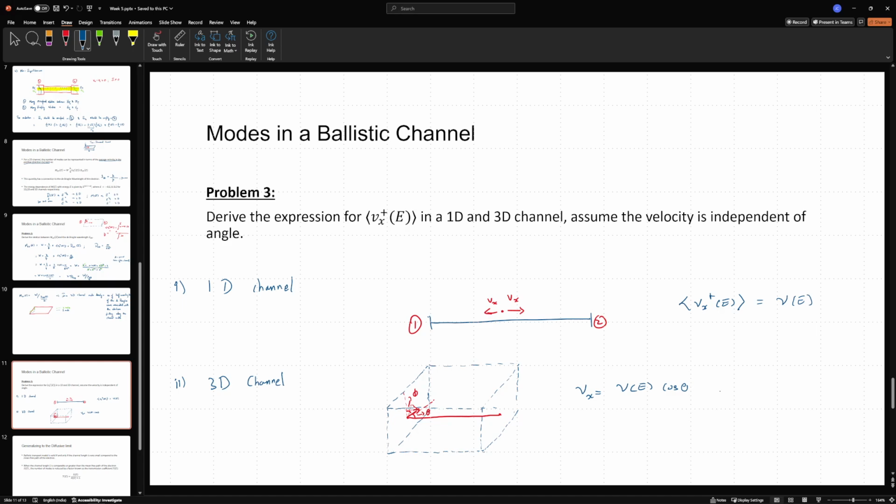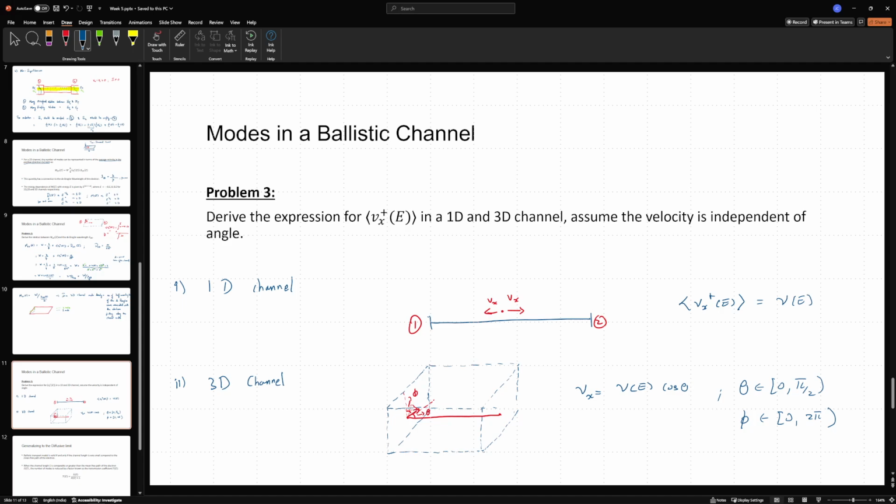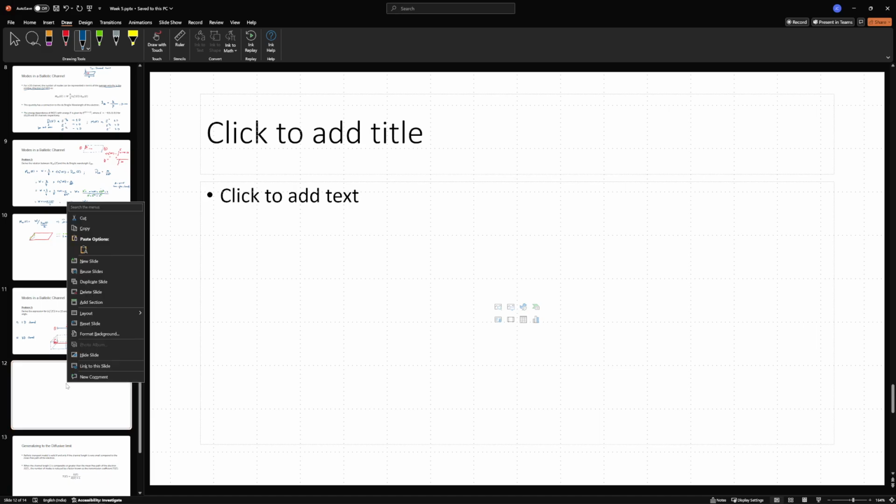And phi can, of course, vary in all 360 degrees. So 0 to 2 pi. However, what one should remember is when I'm integrating this, I should look for a single volume element. Because here it was quite simple, it was just d theta. But here that is no longer the case when we are looking at the 2D coordinates, 3D coordinates. So in that case, what we will have to do is the following,